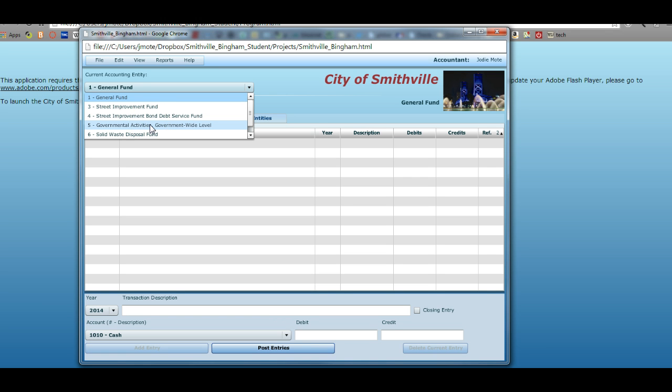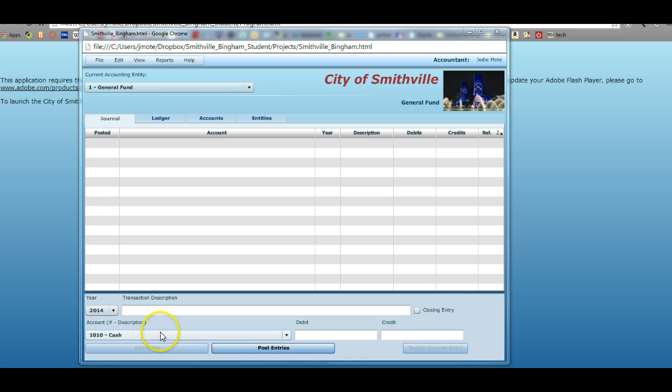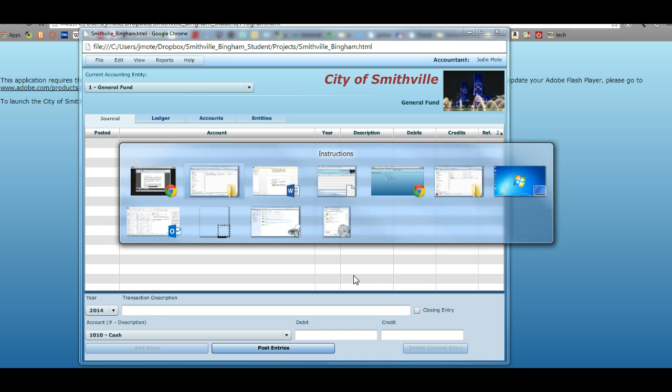So I just wanted to let you know that up front, so that you wouldn't post everything to the general fund and throw off your trial balances and things like that. Okay, now I want to talk a little bit about exactly how this software works, or kind of posting some